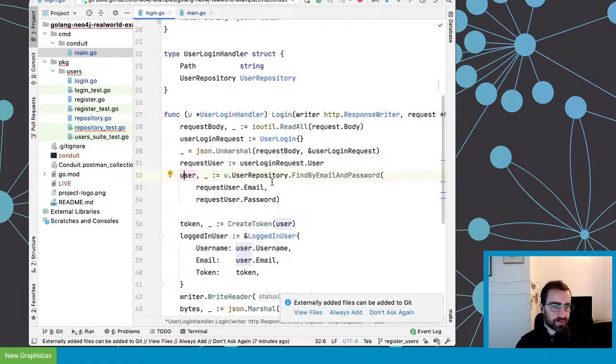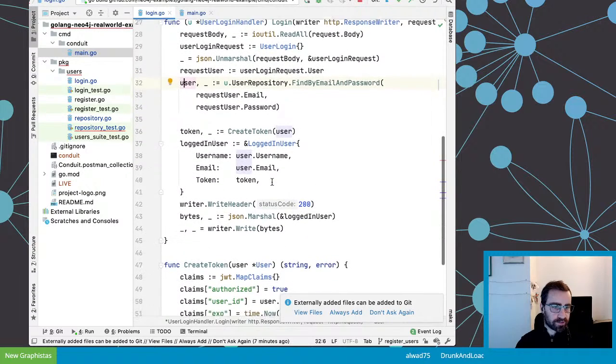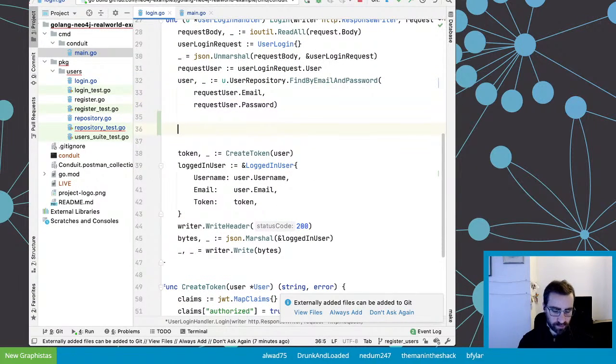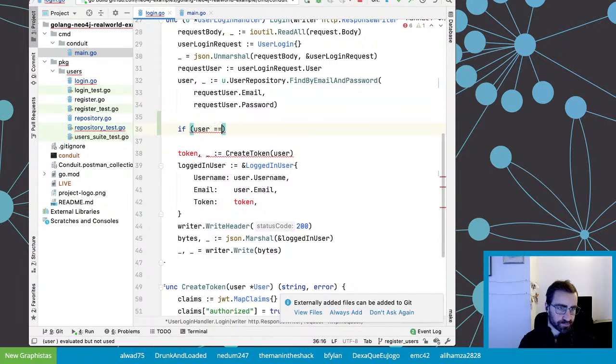All right. Yeah, maybe something I forgot here because I just decided today that I would return nil. So if the user is nil, what's the best way to do that? I'm gonna be sloppy and do something like, I don't know, if user is nil.